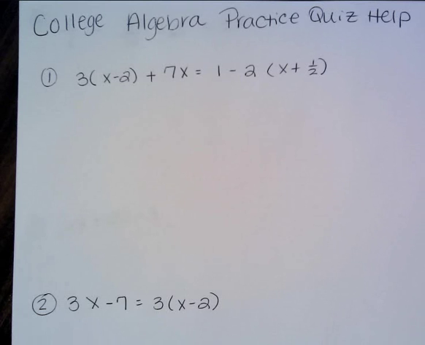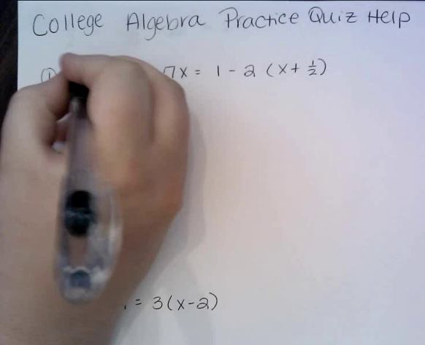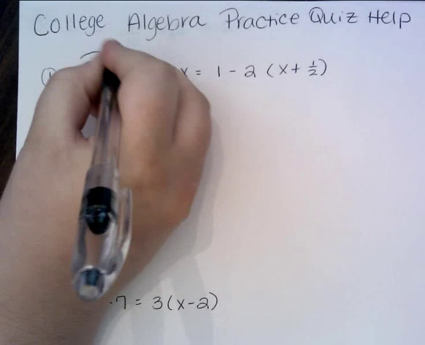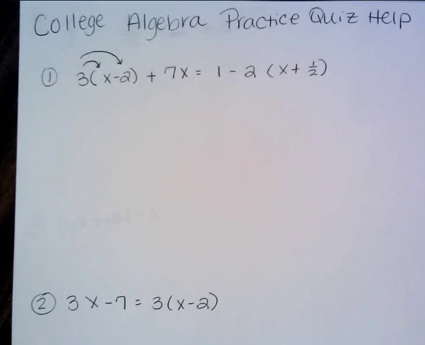Okay, so they're asking us to solve on number 1. So this is just solving equations. So the whole goal is to get our x by itself. Okay, so the very first thing that we always do is get rid of those parentheses. So the way we get rid of those parentheses is to distribute that number in front of those parentheses, which means to multiply. We're going to do it to that set